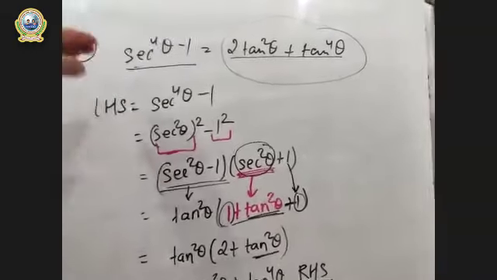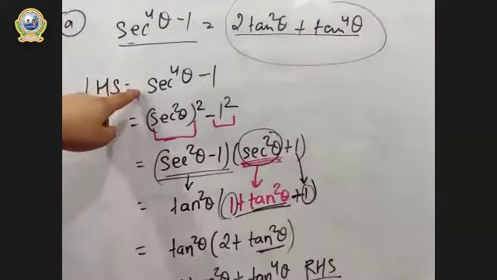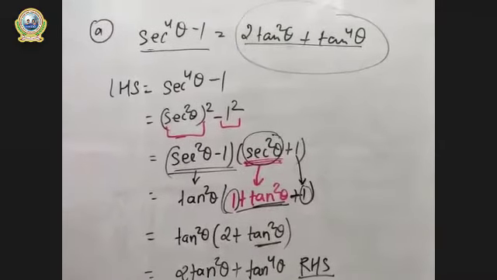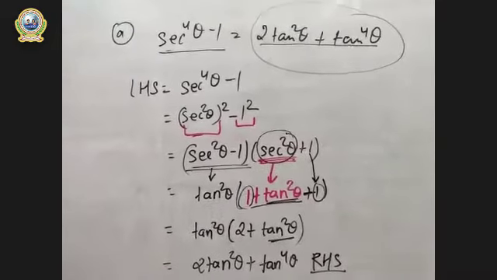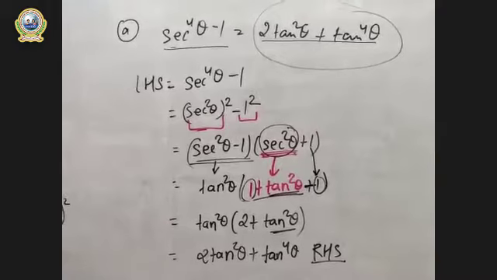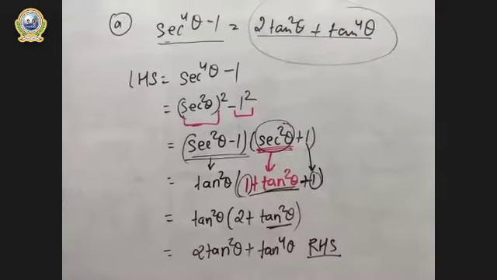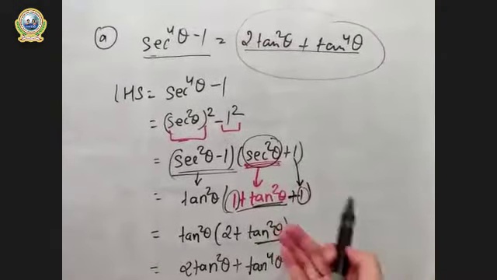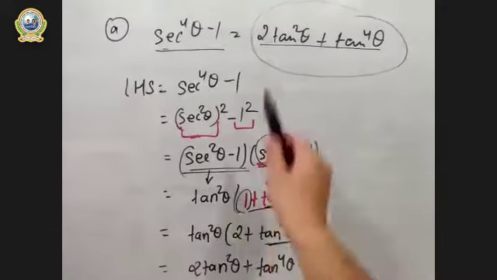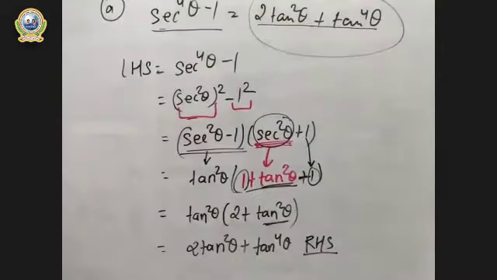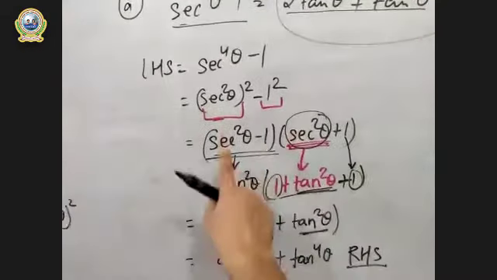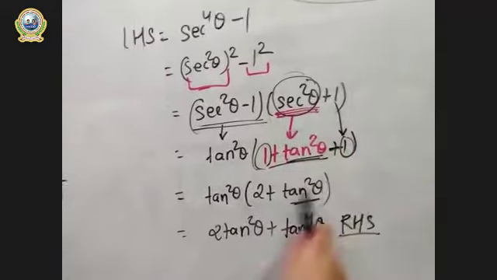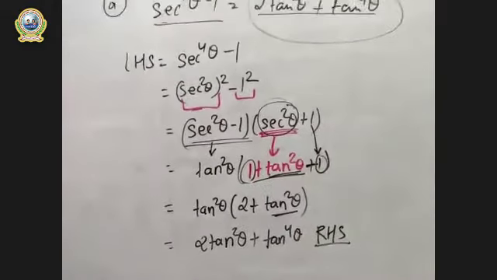Why did we start from the left part? Because the left is exactly similar to the formula a square minus b square. If the expression can be converted into a formula easily, then you need to start from there. But in the right part, you can't use a square minus b square or a square plus b square, it is harder there. So we started from the left part. Are you clear? A square minus b square, a minus b, a plus b, this is the direct formula. I have converted sec into tan.